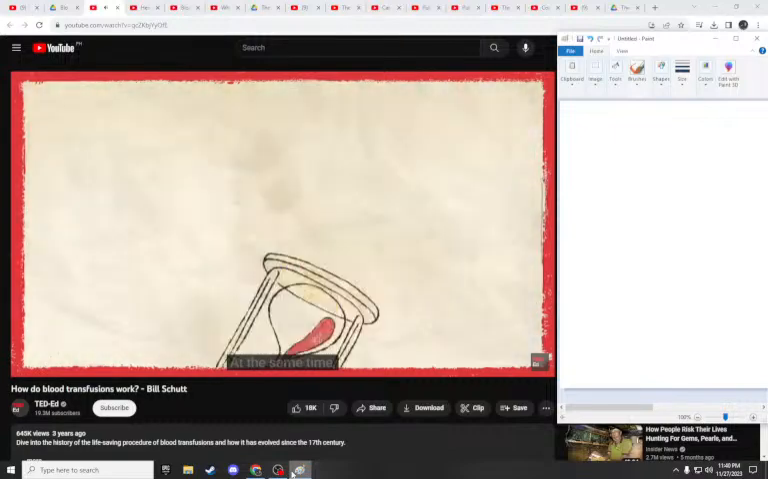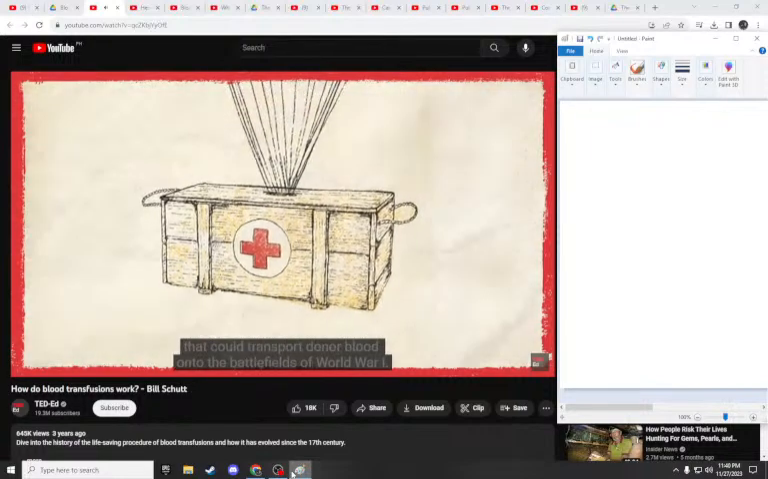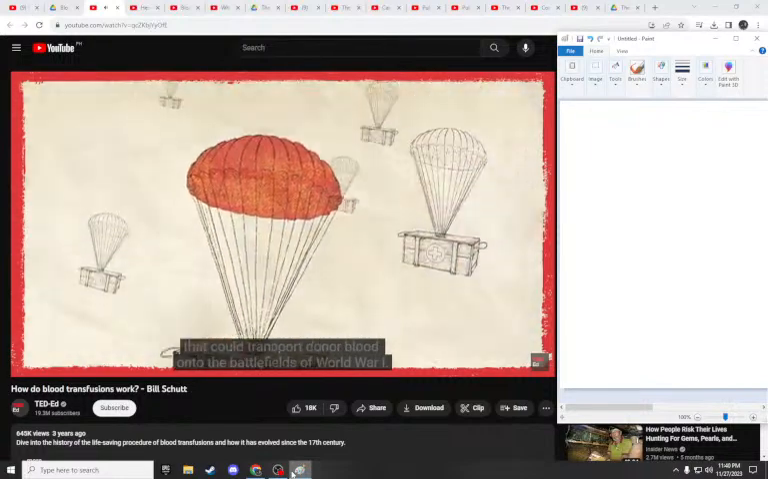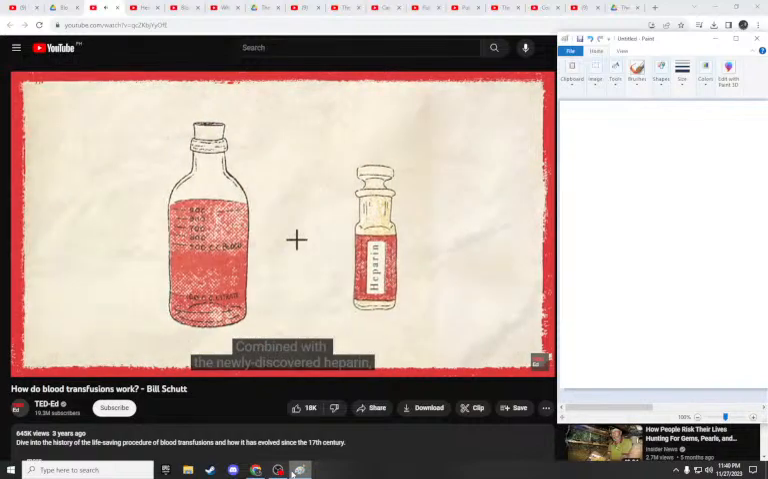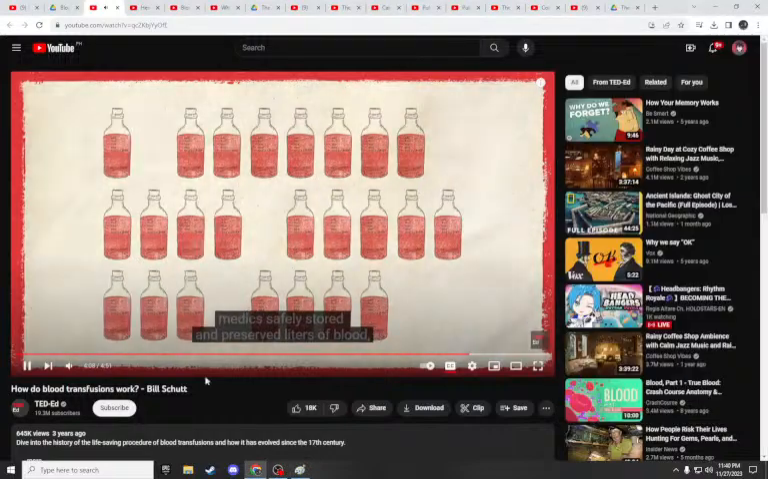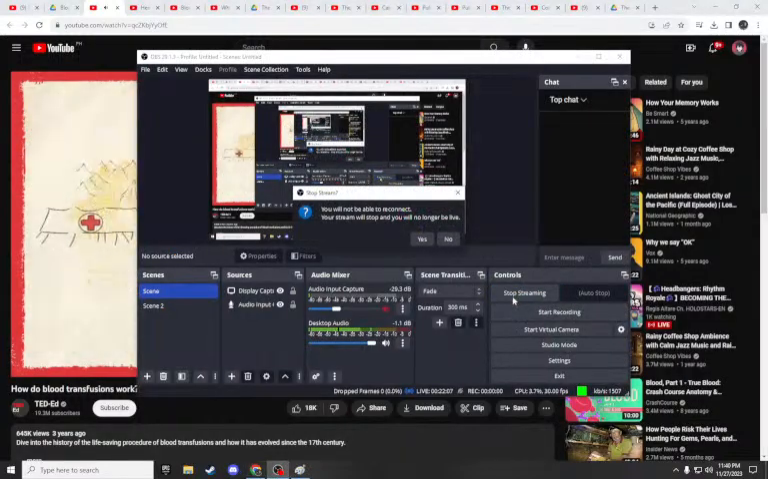At the same time, American and British researchers developed portable machines that could transport donor blood onto the battlefields of World War I. Combined with the newly discovered heparin, medics safely stored and preserved liters of blood, wheeling it directly onto the battlefield to